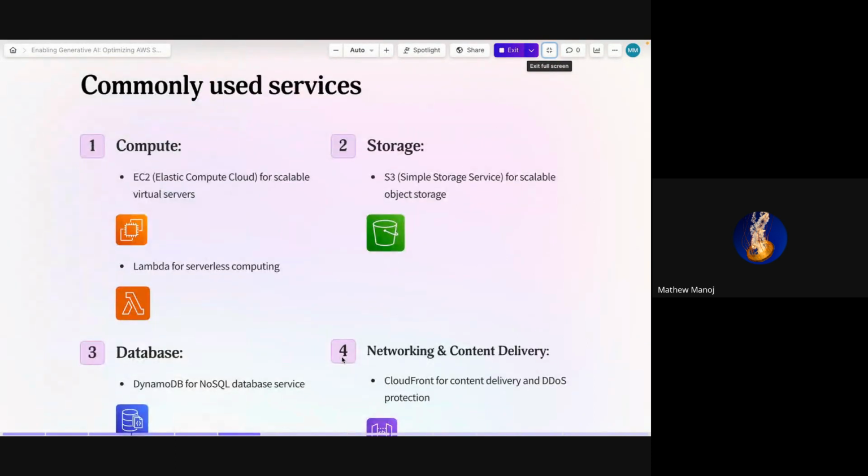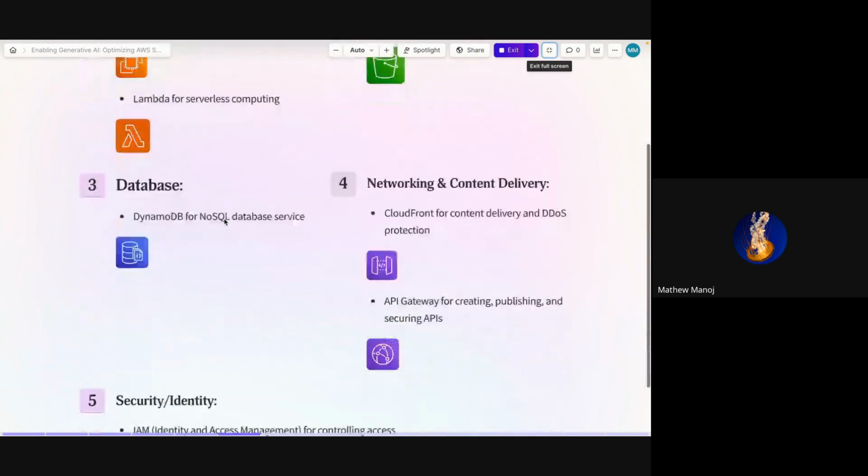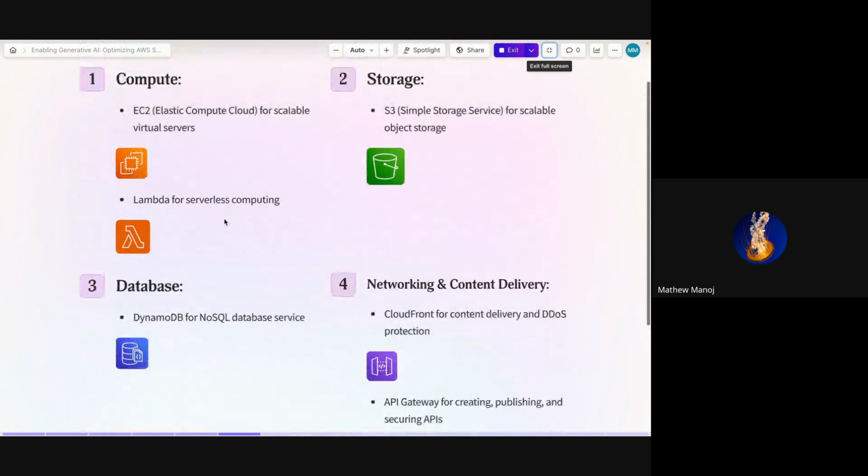Let me go to the next slide to show you that even though it gives you 200 plus services, you only need to know a few of them, like compute and the other services I have mentioned in this slide, to be able to make a good application. EC2 is a virtual server that a lot of applications currently use.